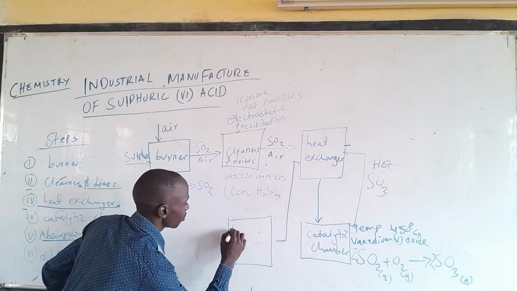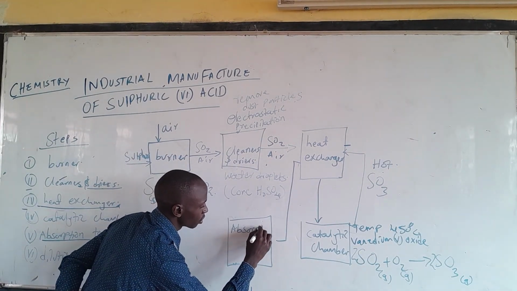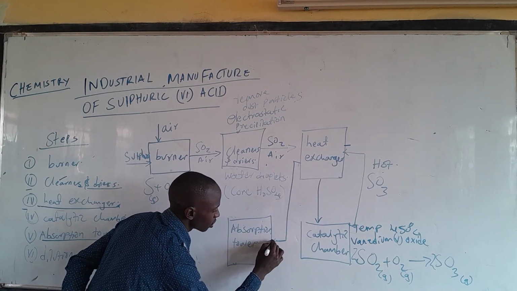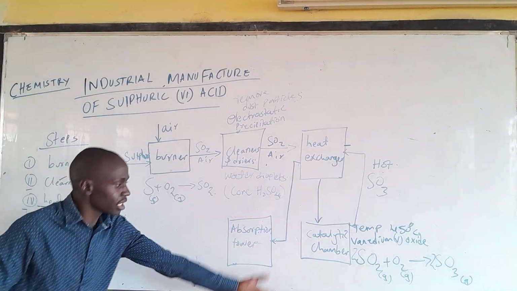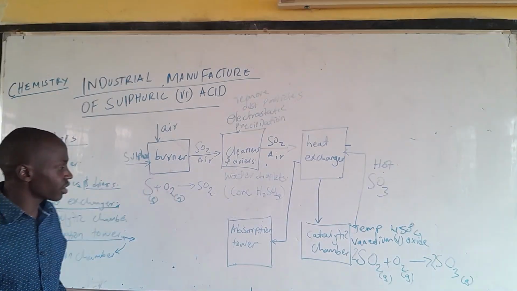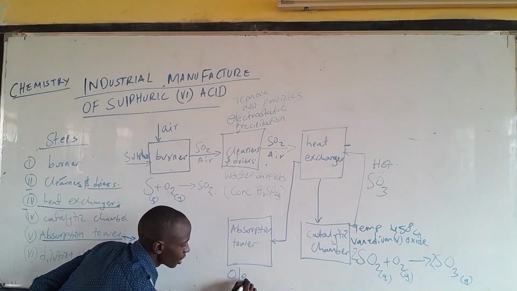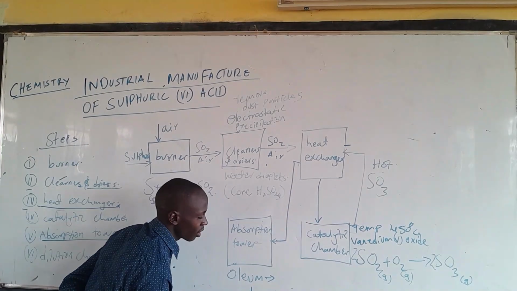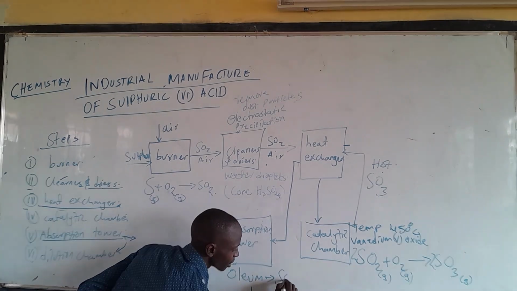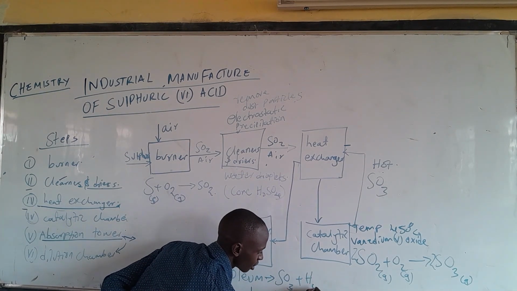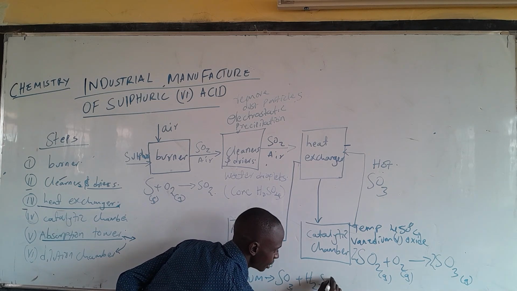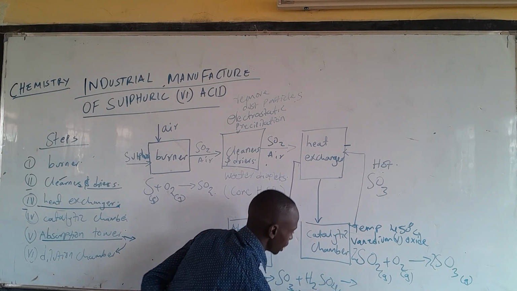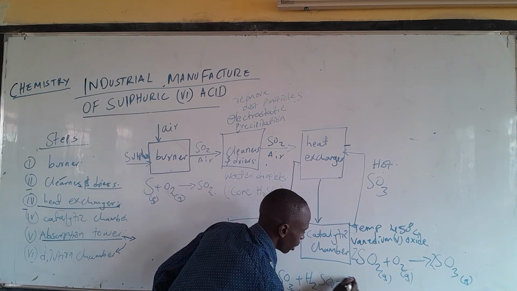to the absorption tower. In the absorption tower, the gas is mixed with concentrated sulphuric 6 acid to produce what is referred to as oleum. So the equation that leads to production of oleum will be sulfur 6 oxide plus concentrated sulfuric 6 acid. We obtain oleum, which is